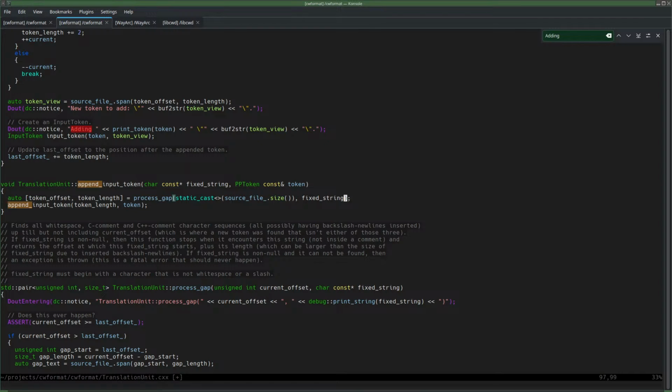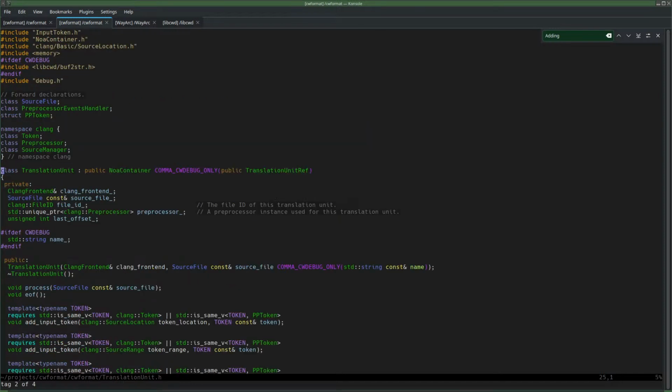I'm using unsigned int everywhere. That is so vague. So I'm gonna call this offset type, which then I could make an element of